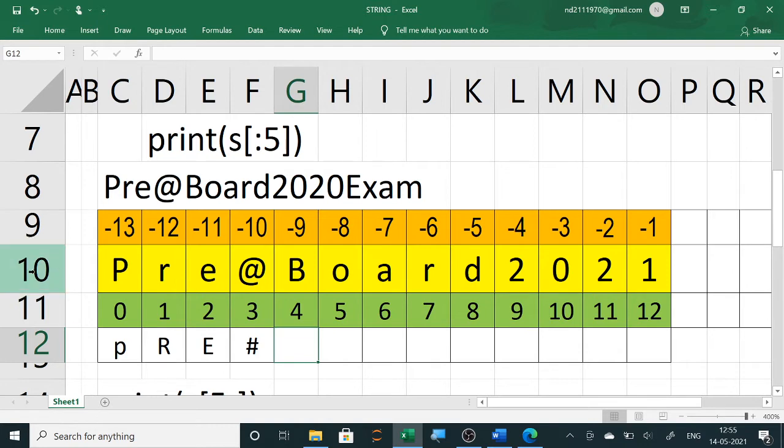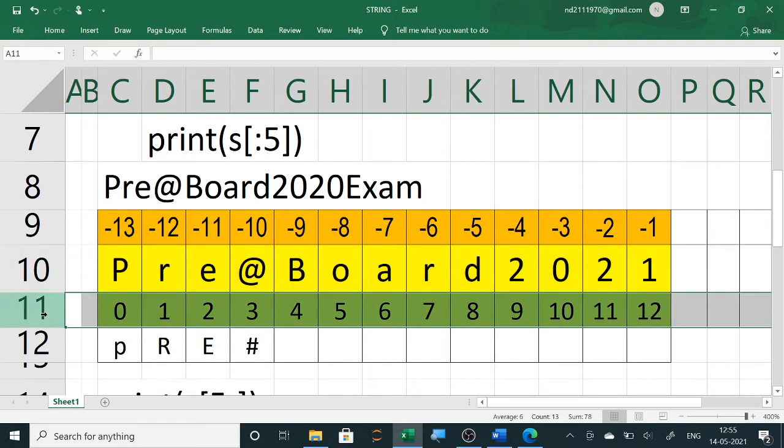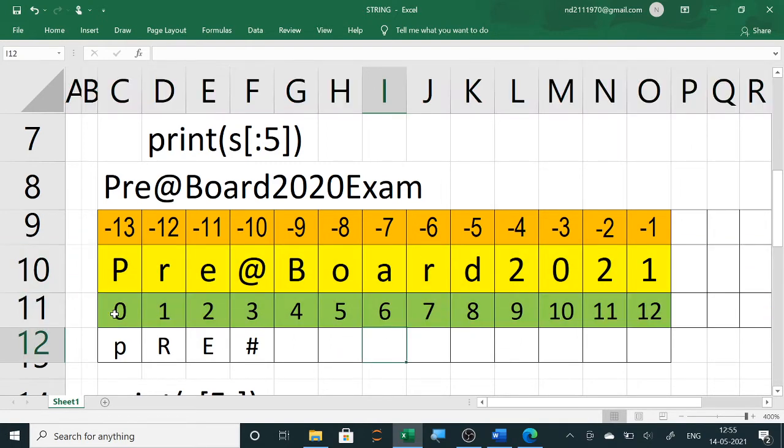Suppose this is your string, and forward indexing is this green portion. Forward indexing starts from 0, 1, 2, 3, 4 till the length, and reverse indexing is from -1, -2, -3 till minus the length of the string. To access any element, we use the index position, either forward or reverse.